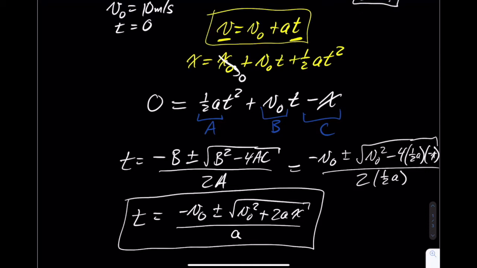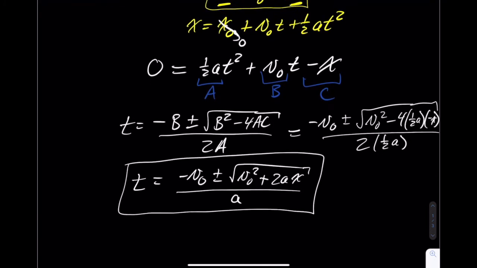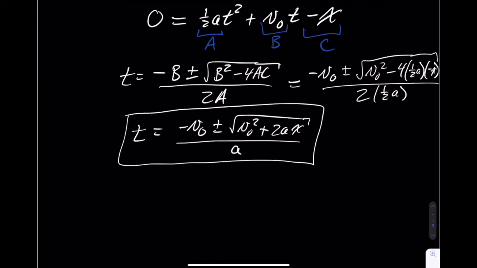Now, please feel free to use, I know some of you might have graphing calculators that will allow you to solve the quadratic formula, or use a site like Wolfram Alpha where you can just plug in your values. Or if you just type in the equation with the equal sign, it should solve it for the time for you. Okay, so I plug in my known values, and make sure that I do everything correctly. Now the question is, should I use the plus or minus sign? If you think really hard, you might be able to figure out which one is sensible ahead of time, but